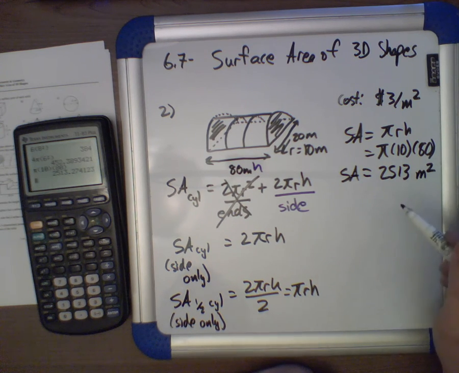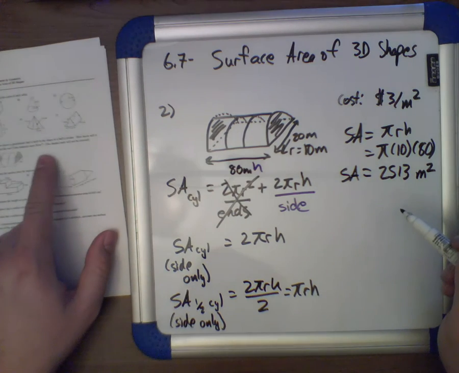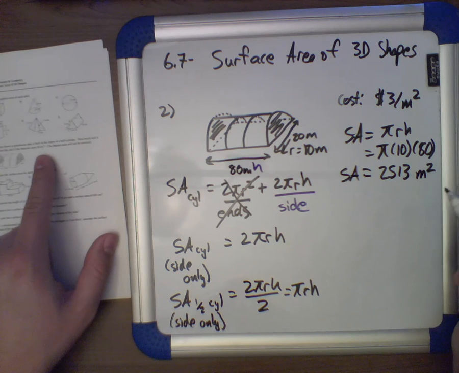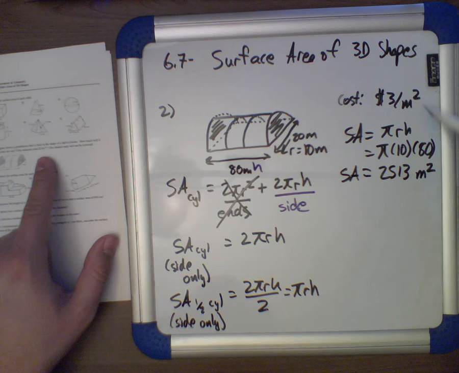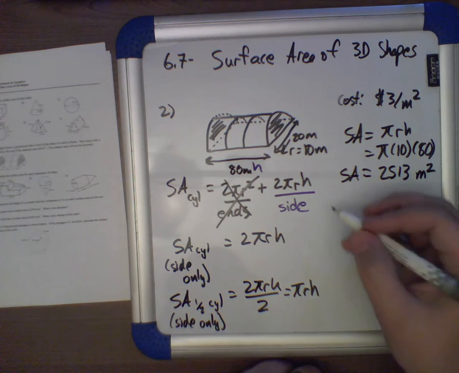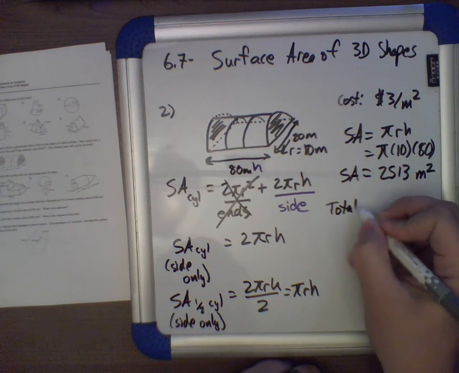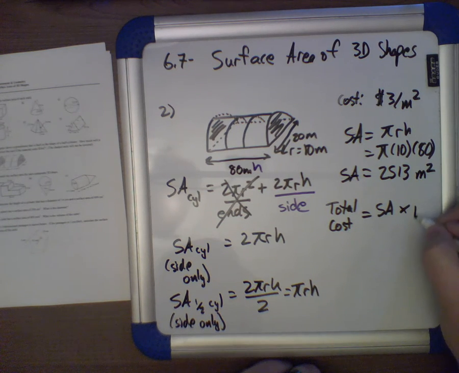We've successfully found the surface area, just like we've done previously. But the question said, how much will it cost to cover the roof if the material is $3 per meter squared? So we need to take one extra step here, and I know that every meter squared costs $3. I know the total number of meters squared, so we're going to need to multiply those numbers. So our total cost